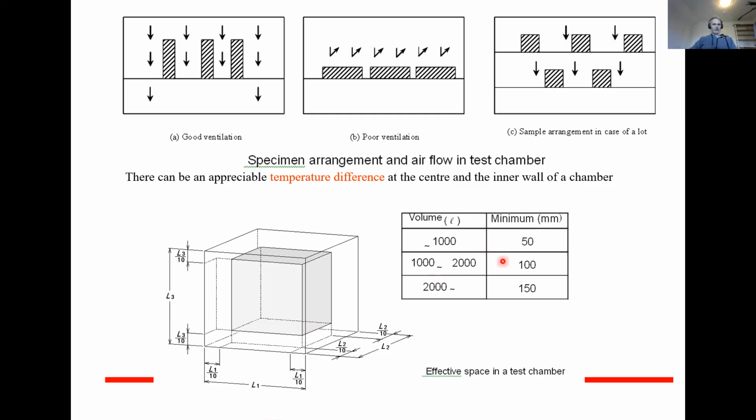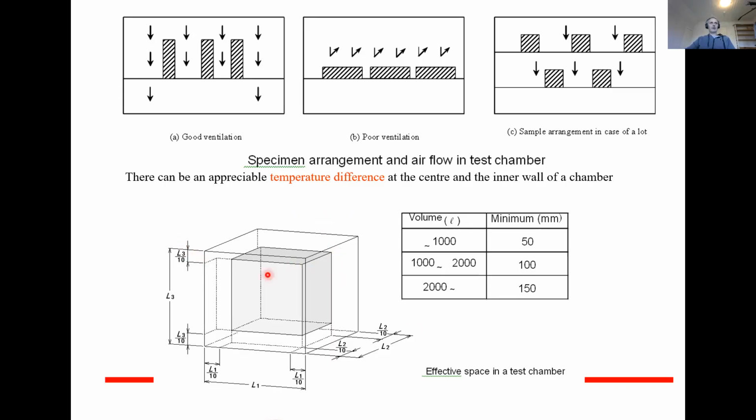So basically here, the minimum spacing is either 5 centimeters or 15 centimeters based on the total volume of the chamber. So these kinds of additional requirements might be coming from the test standards in order to make sure that if you put 50 samples